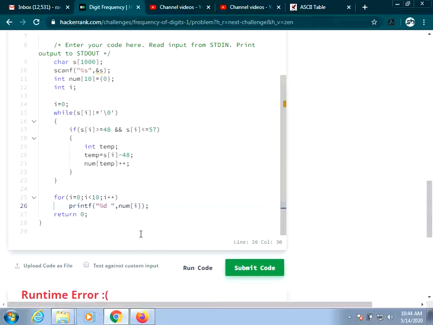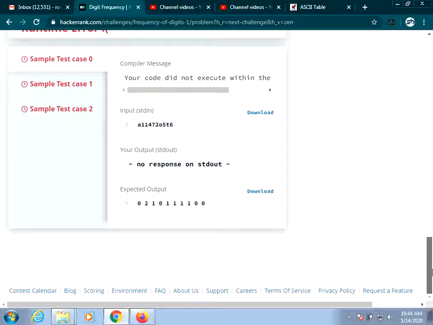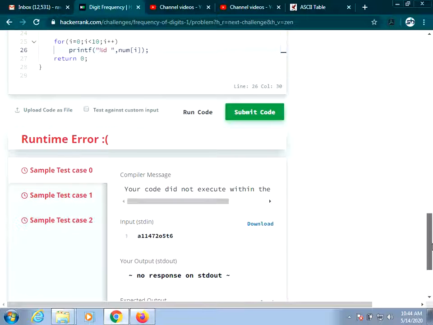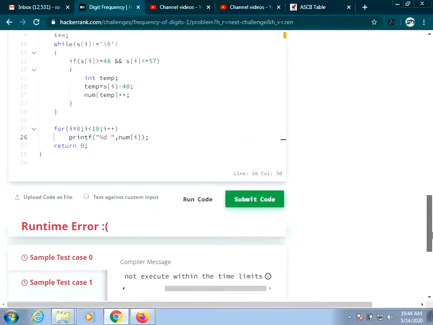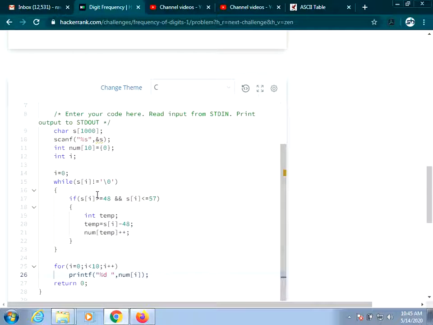I is equal to 0, I less than 10, I plus plus, and I have printed the num values. There is no output for our code, it did not execute within the time limit, so there is some loop error. So check the loop error.